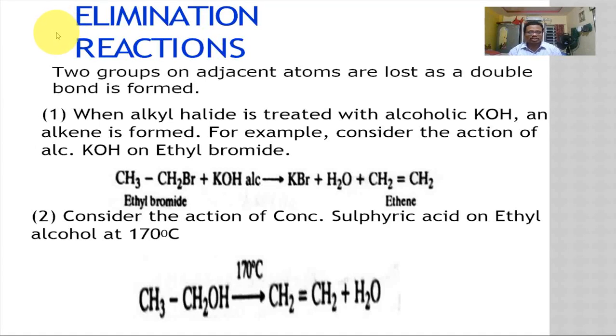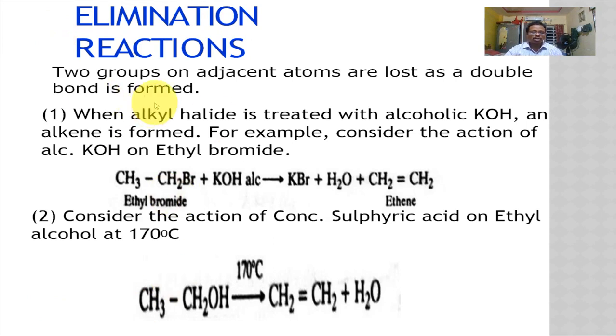In the last class, we discussed addition reactions and substitution reactions. Addition reactions mostly occur by adding to the bond in alkenes, alkynes, and aldehydes. Substitution reactions are nothing but replacing one atom with another atom. We saw the different types of addition reactions, like electrophilic, nucleophilic, and free radical, and in substitution reactions, SN1 and SN2, electrophilic, and free radical.